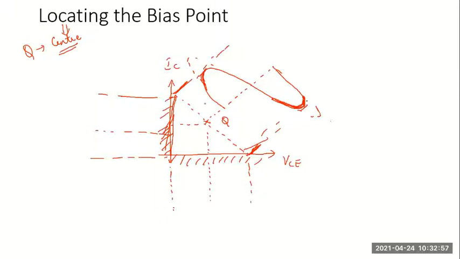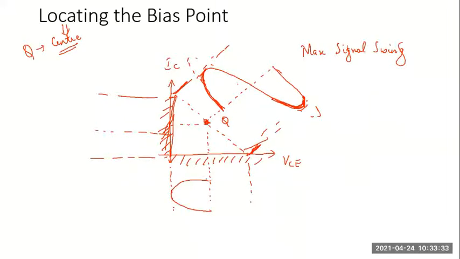the active region. So the highest possible signal swing, or maximum signal swing, is allowed when the Q point is in the center of the load line, because I'll get the highest positive and highest negative swing. So one thing you remember, in a common emitter transistor amplifier, when the input signal is positive, you see this correspondingly maps to this area. The output signal will be negative.